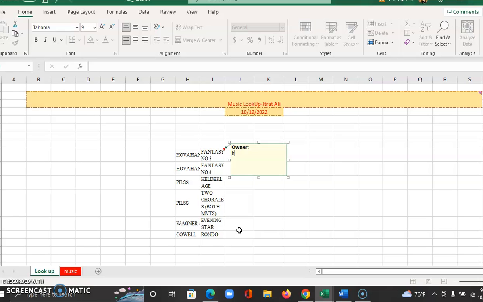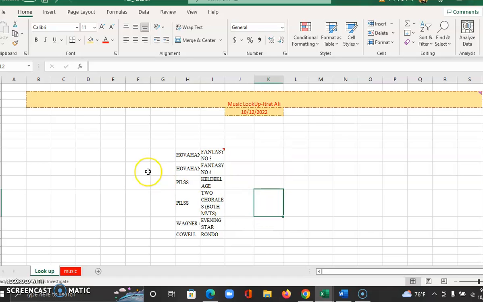You can type in your email, or you can do any instruction, whatever you want, and click on any tab, and you can see the red colored part is showing you that there is a note here. So it is a very good way to communicate with other users at your workplace, or in the